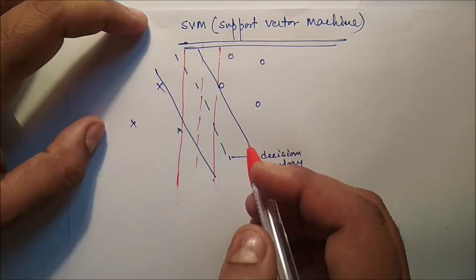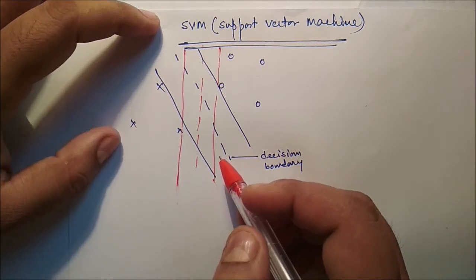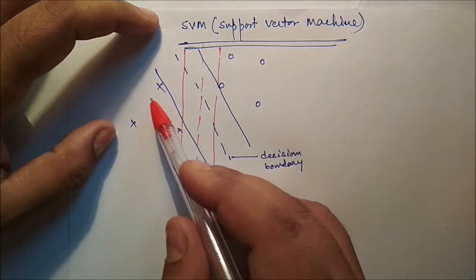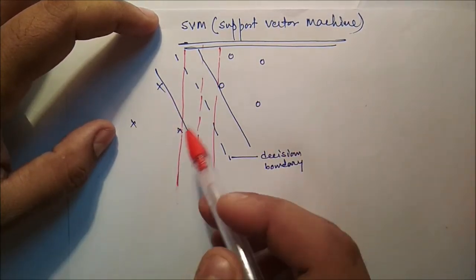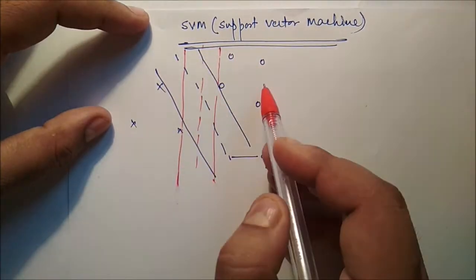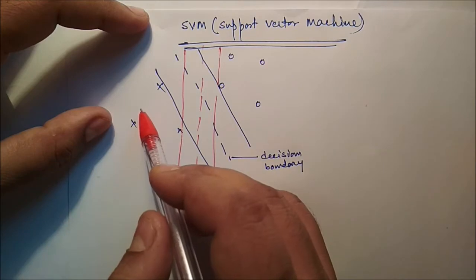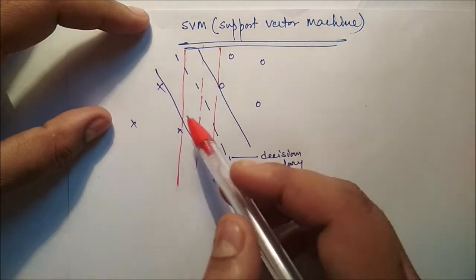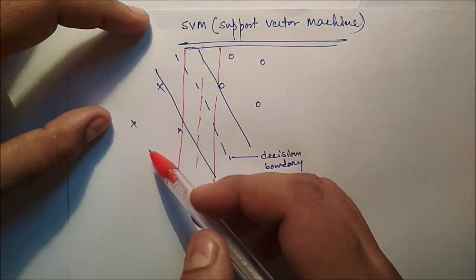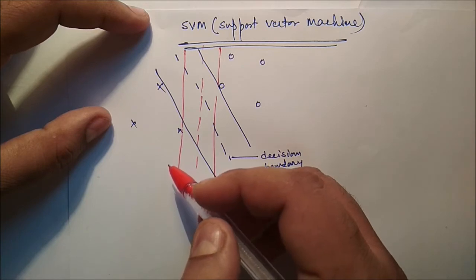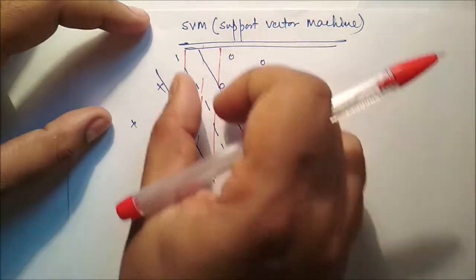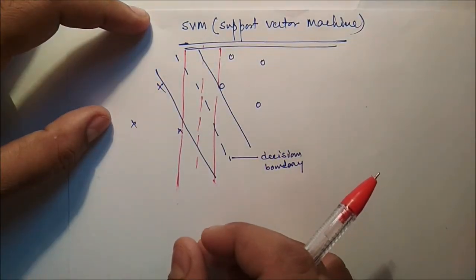Now the aim is what? Why do we draw a hyperplane? On one side of the hyperplane must reside all the circles, and on the other side must reside all the crosses. With this hyperplane, all the circles are on the right side and all the crosses are on the left side. Similarly with another hyperplane. So there are infinitely many such hyperplanes possible, but they will not perform equally well on previously unseen data.